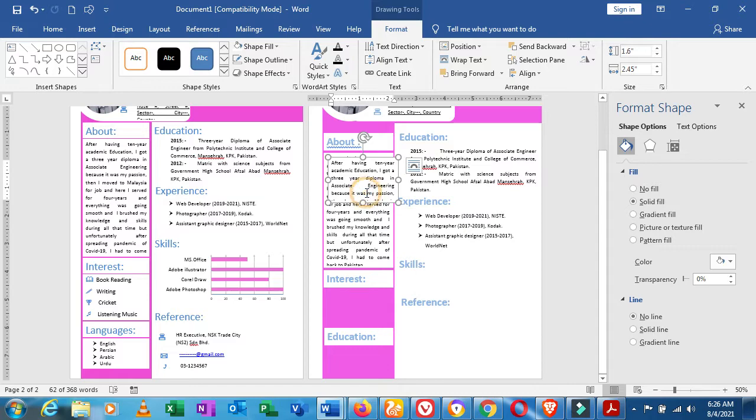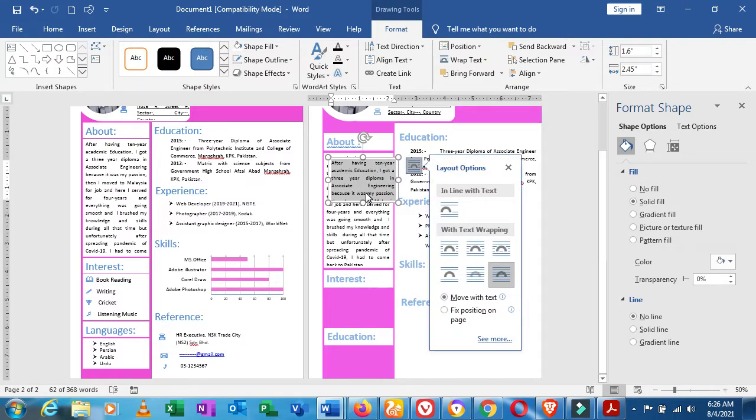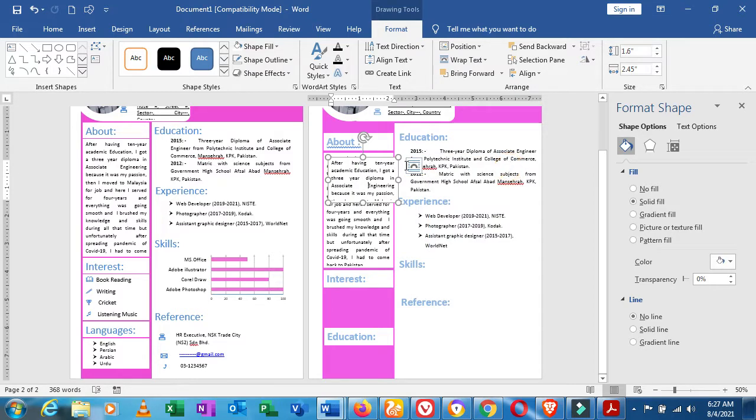Okay, and click inside the box, then Control A to select all and backspace or delete. Cross it, Control A and delete. Okay, then